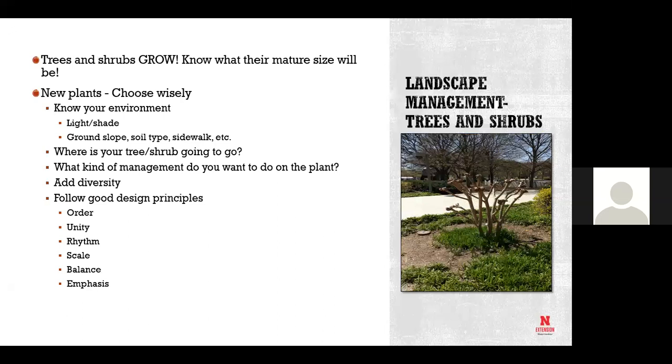Okay. So design principles, which we will talk about in depth when we go into our design conversation. We're going to start with all of the big broad categories of design, the big picture things, and then the detail. Always keeping in mind how you are going to think about creating the management plan for that. So my style, your style may be completely different. Doesn't matter. We all start with the same basic order in the landscape. We create the order, the unity, the rhythm. Then we go into the kinds of things that make our landscape beautiful.